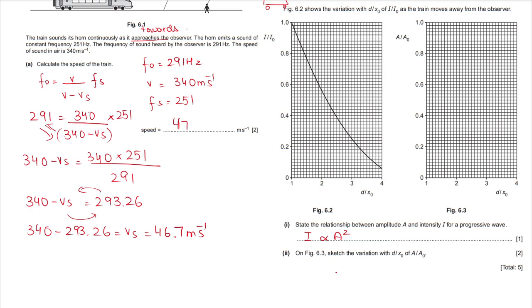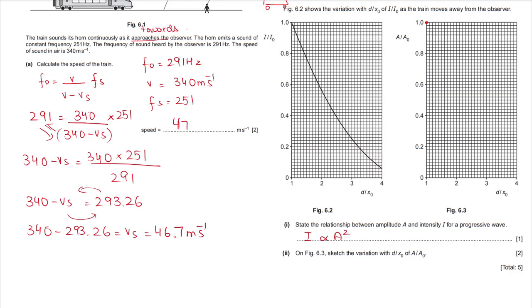So on figure 6.3, sketch the variation with d over x naught of A over A naught. Okay, so now we have to sketch the variation, as the distance increases, we have to state what is the effect on the amplitude of the wave. So when d is equal to 1, the intensity was maximum. So at d equal to 1, the amplitude should also be maximum at 1. Okay? Then after that